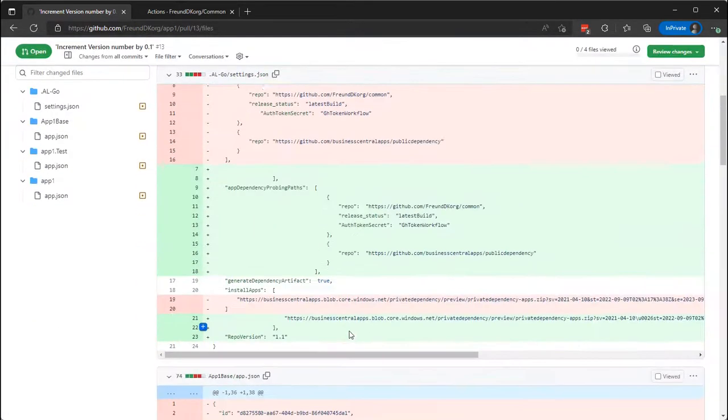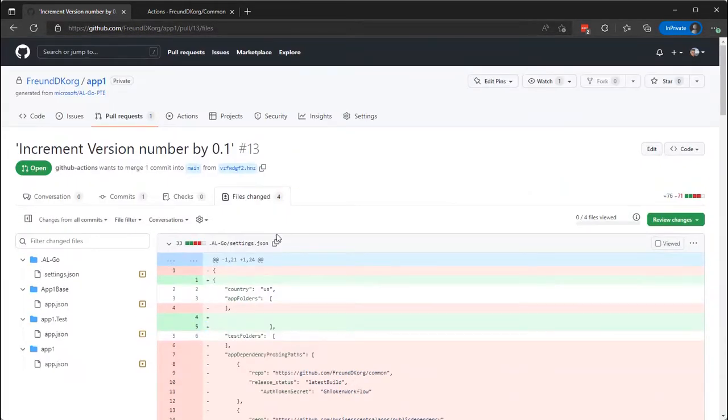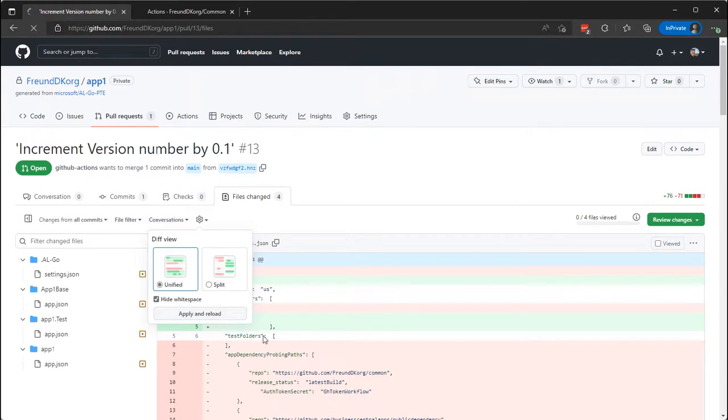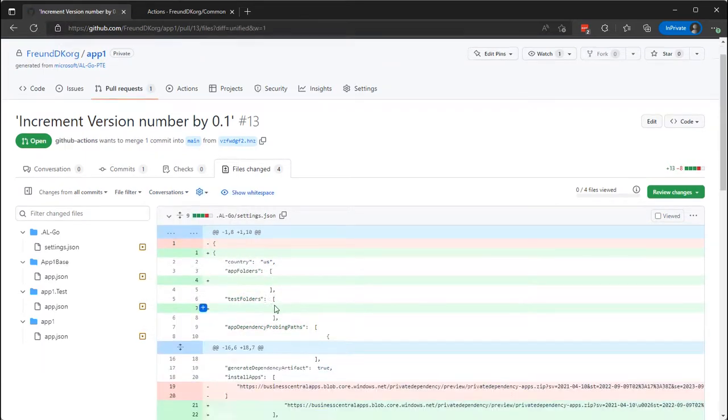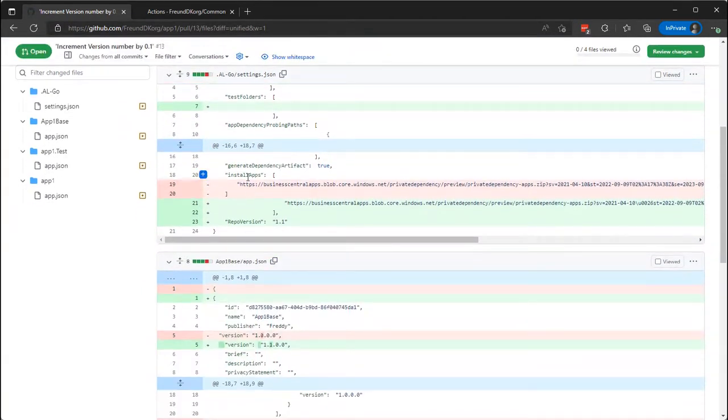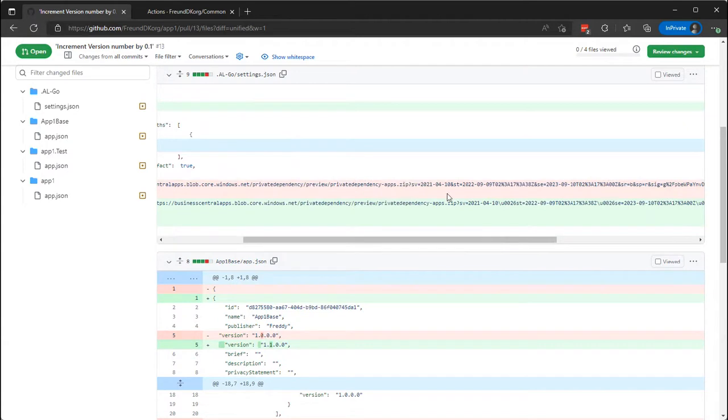and it looks like slightly more modifications than I would expect. So let's hide the white space. It's because the formatting of the JSON files has been changed, probably. First one here, there is a change in the install apps. The primary change here is that I just pasted a value in with ands, and the right JSON format is to